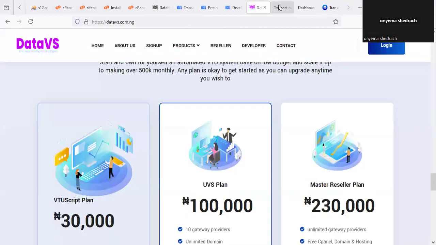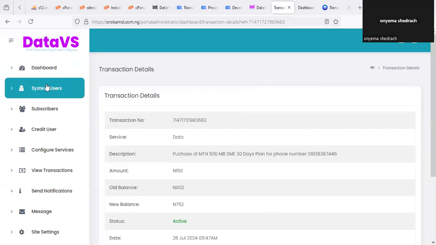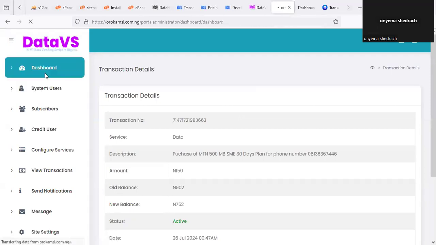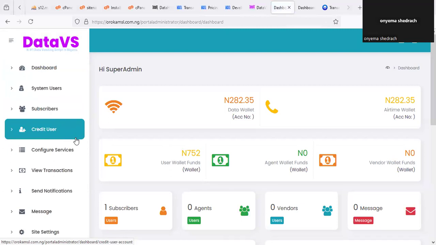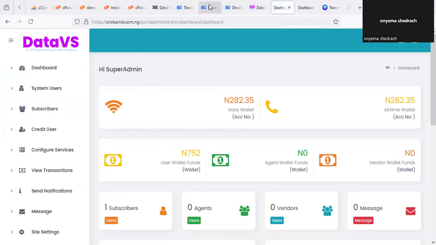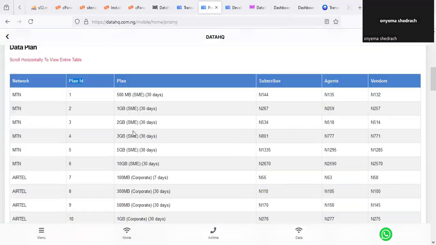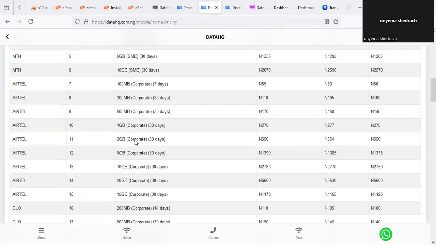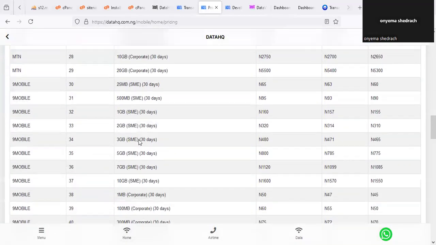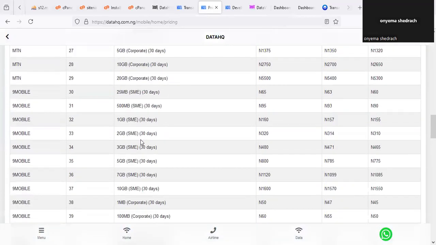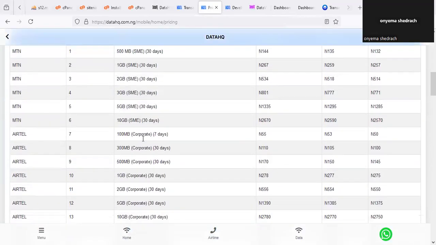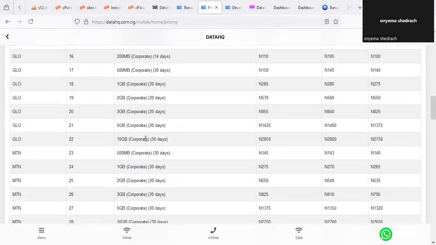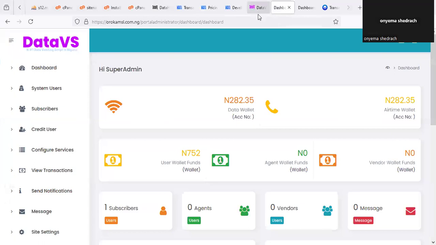So imagine having such transactions on a daily basis, up to 100 of them, which is very simple. So you can concentrate only on data. Try to sell all the data services, and you'll be in serious business because everybody needs data. Just like for you to go through this training, you subscribe for data. One thing I like in Data HQ is that there are a lot of data plans listed here. So just build your VTU website, build the front end and back end, and begin to